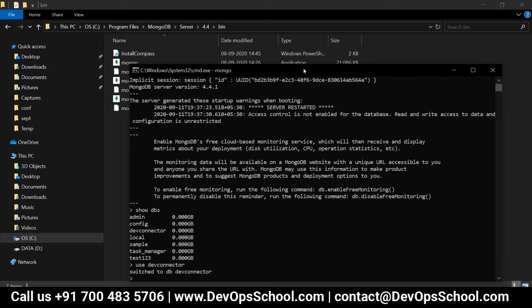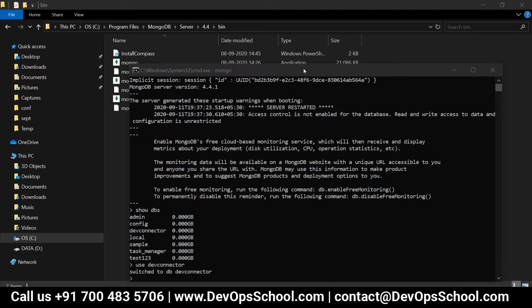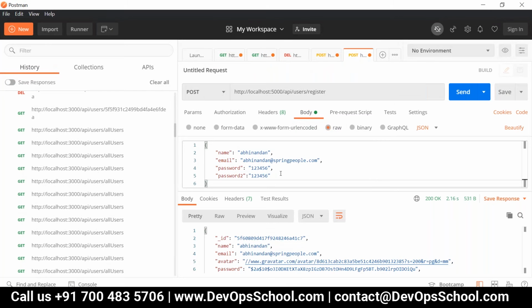Can you share that Postman request part? Just a second, Harsh, I'll do that. Harsh, this is the JSON object, and this is the URL, and the method will be POST. Clear?